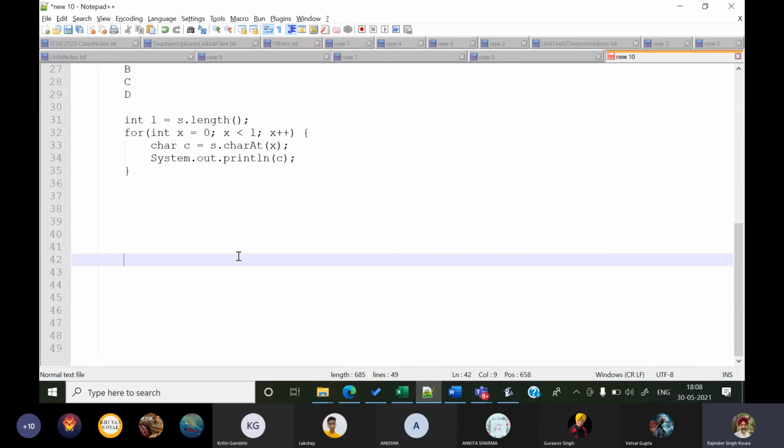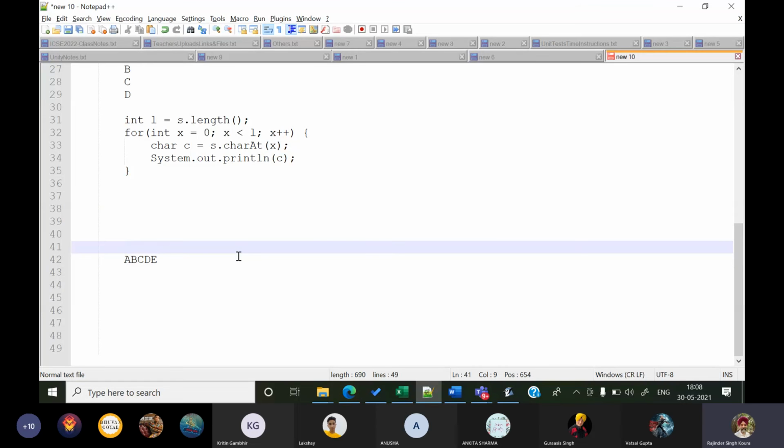Suppose I have a string containing A, B, C, D, E, 5 characters only. And these are the character positions.